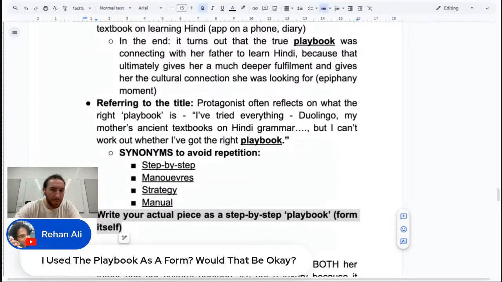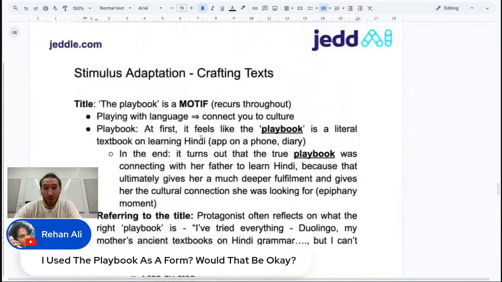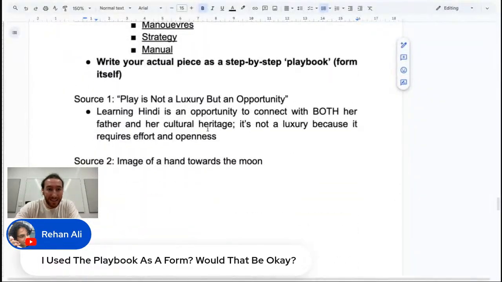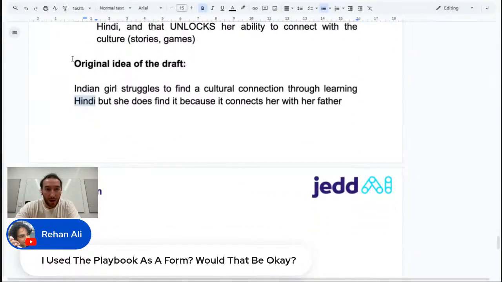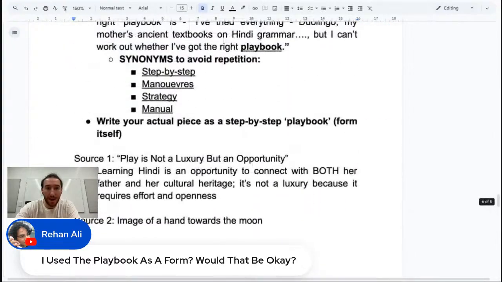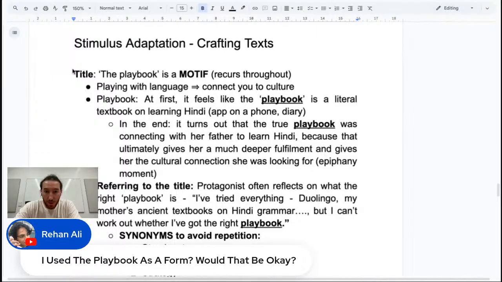Anadi, hopefully I'm saying your name correctly, I'm coming to your question. I just wanted to wrap up on this whole stimulus breakdown. So for anyone who's just tuning in, you can watch it back, just breaking down all of these different kinds of sources and quotes, showing you how you can link an original idea or a draft idea to all of these different types of stimuli, so that you can always use the key concepts and probably a lot of the draft that you were intending to use in the exam.